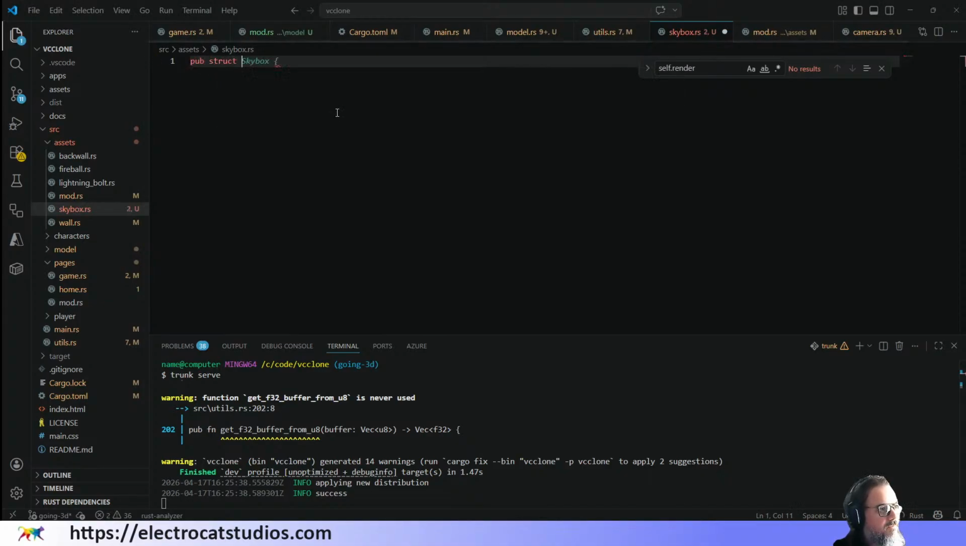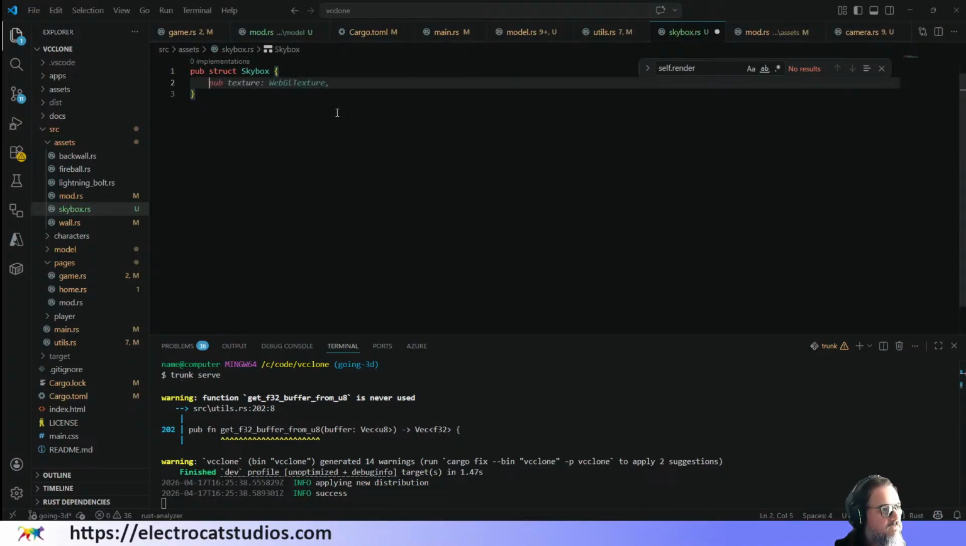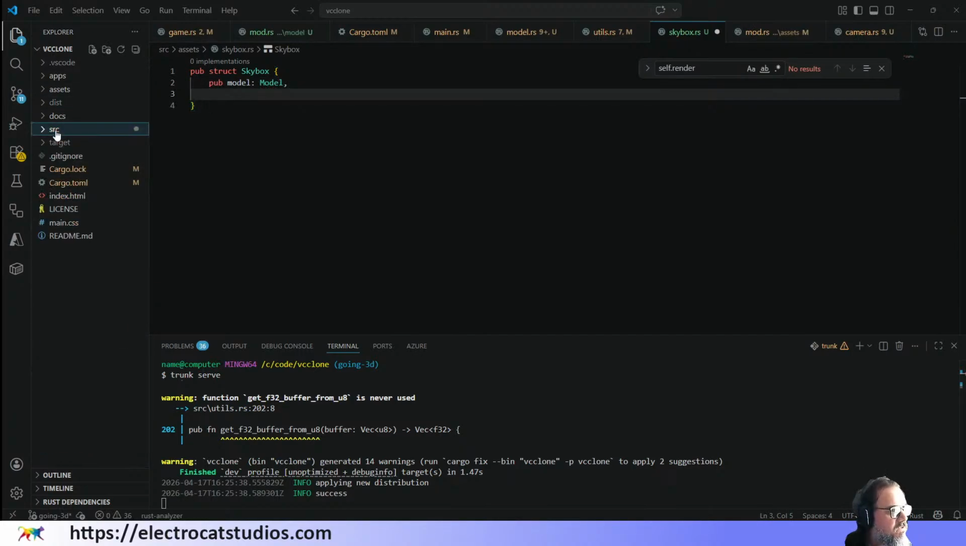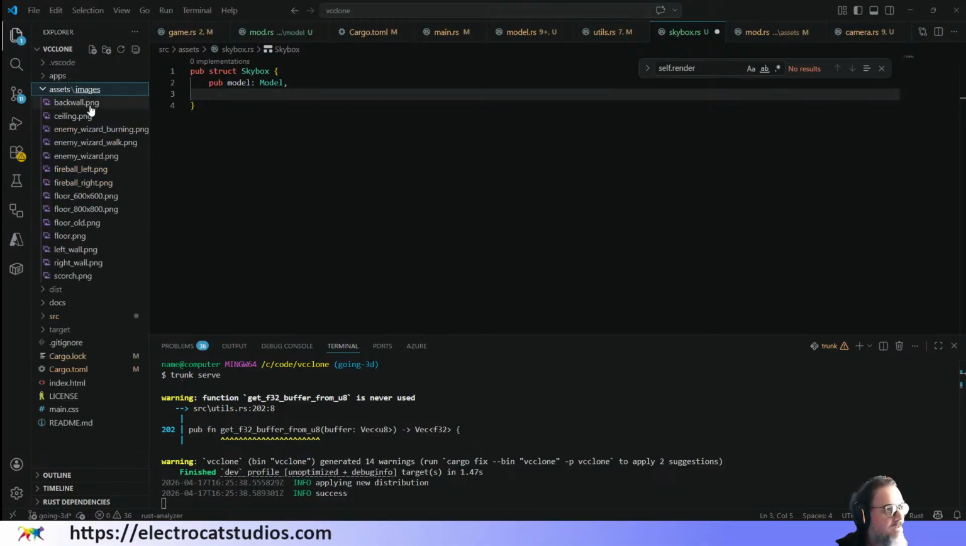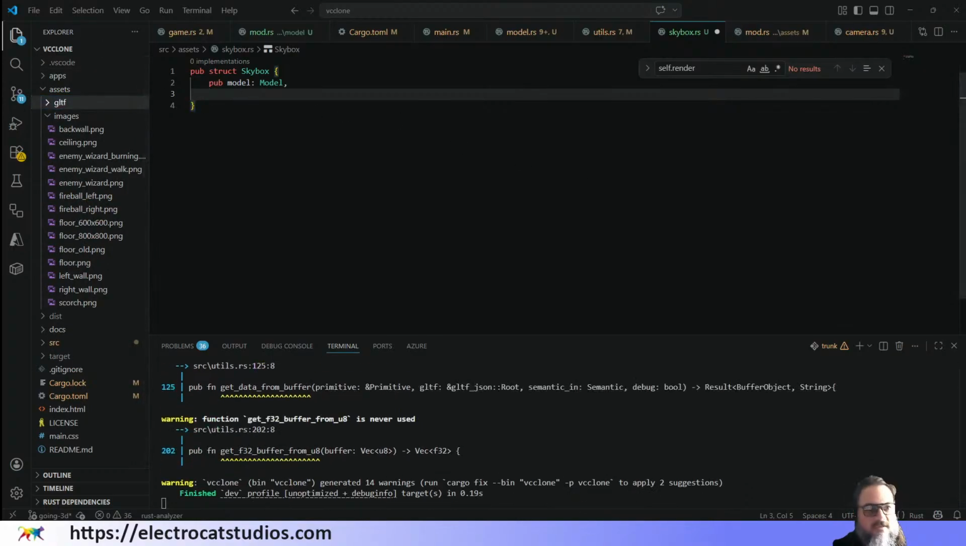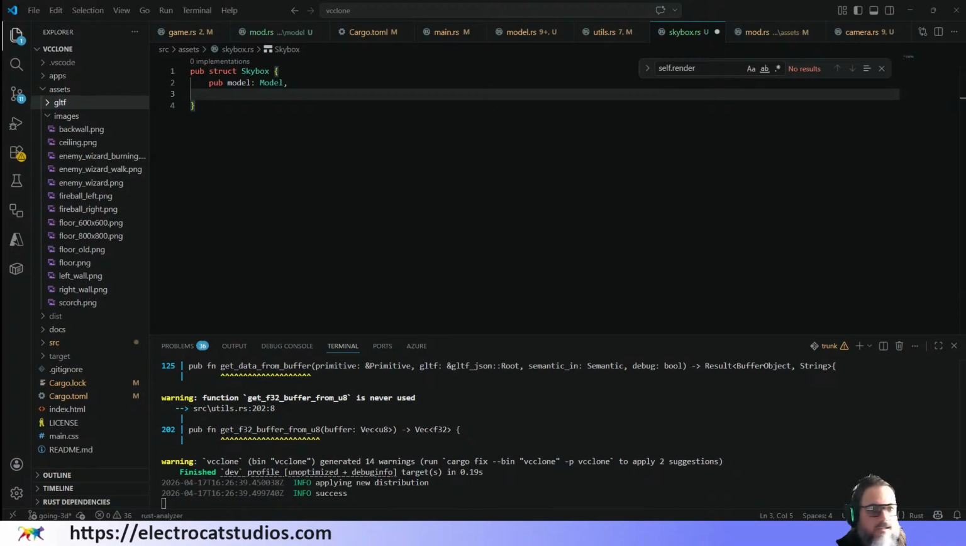So this needs to be a pub struct Skybox. Oops. And most importantly, it's going to have a model. We also need a place to store this, and I'm going to put this in the source folder. We don't have a source folder, okay. So in here, I'm going to put assets GLTF so that we can link in our